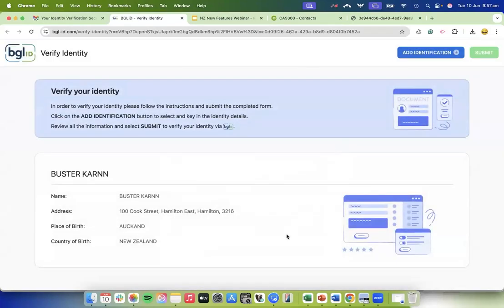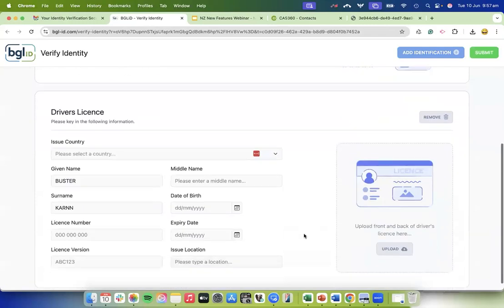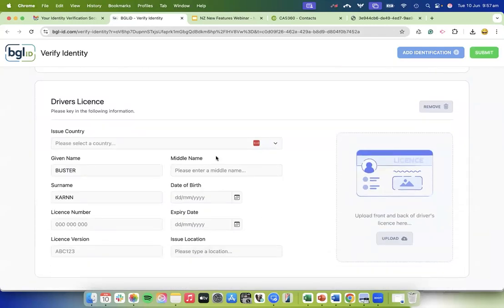So this is the screen that your client would see. You can click on add identification and select driver's license here. Your client would need to key in the details manually. Just in our last release, we've implemented a new option where your client can drag and drop or upload their driver's license, and we would smart scan it and fill in the information directly into